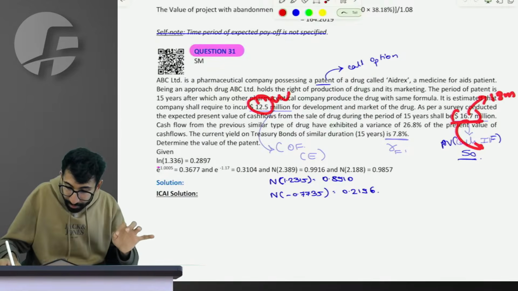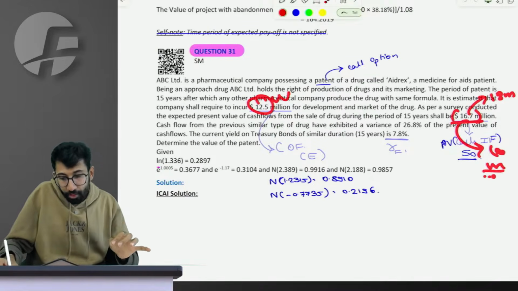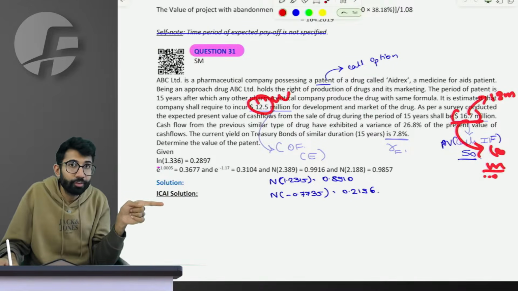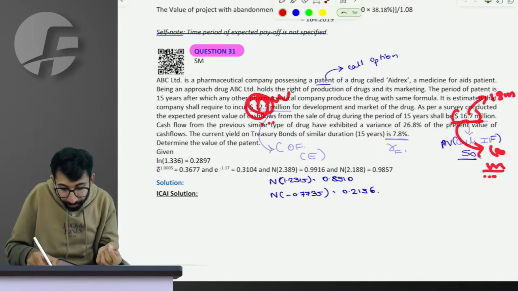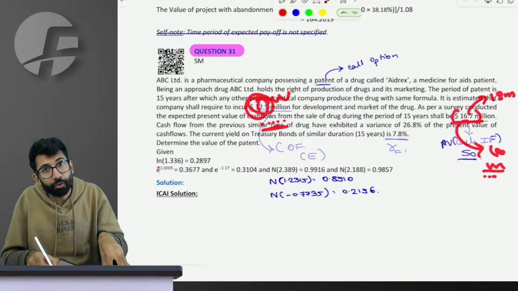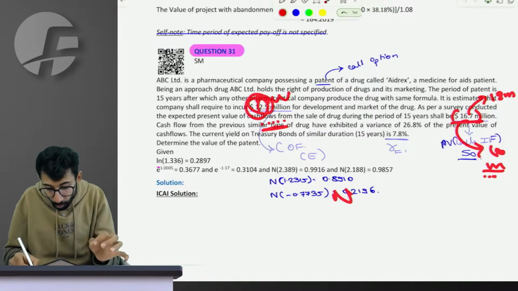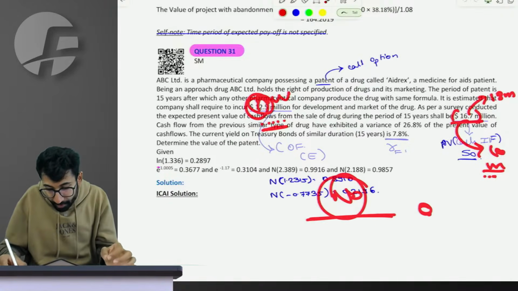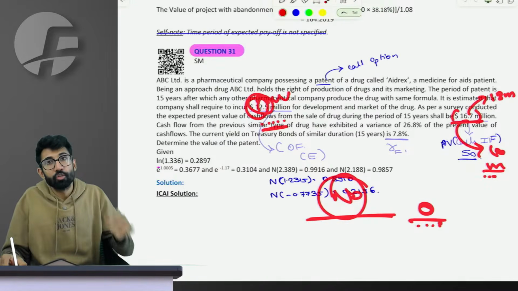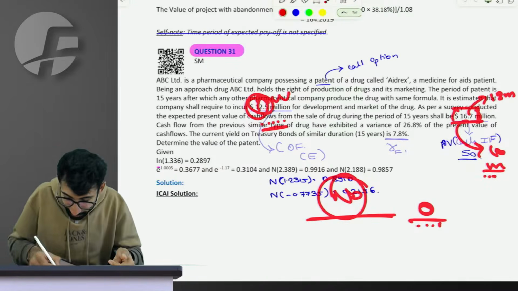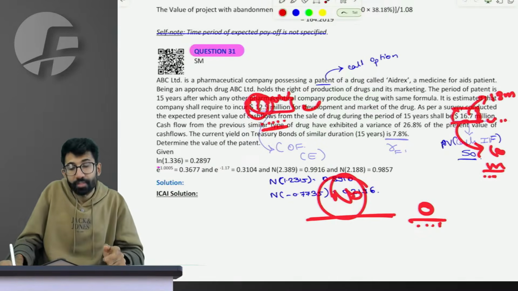But if the value is less, suppose 10 million. So something which is going to be of 10 million, I can do it for 12.5. I can buy that asset for 12.5. Will you buy that asset? No. Which means in that case, the value of an option becomes 0. Correct? So that's why I cannot directly say the difference between the two values is the value of an option,